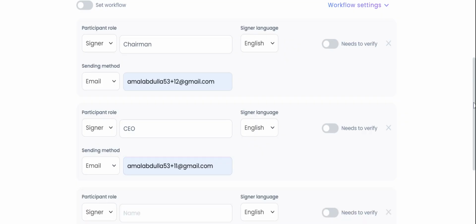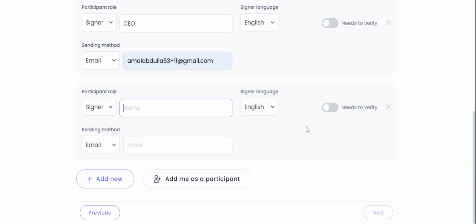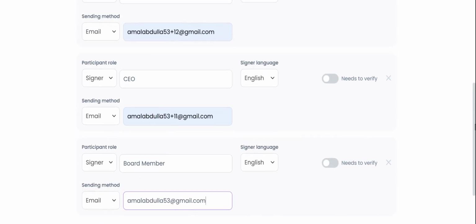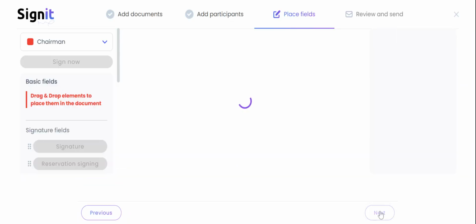And we'll add a third one as well, which is the board member. And once you add all of the board members and the signers' information, click on Next to start placing the